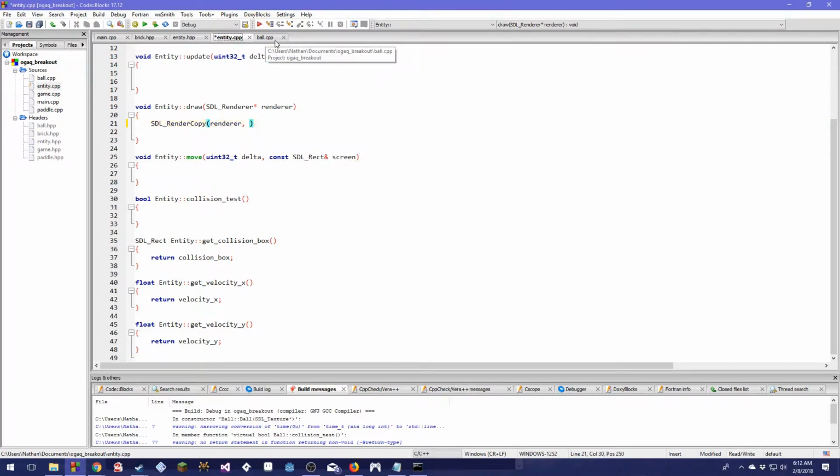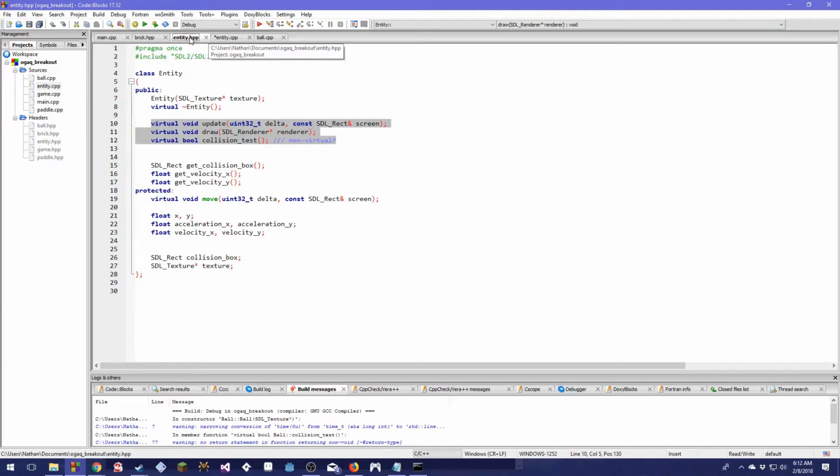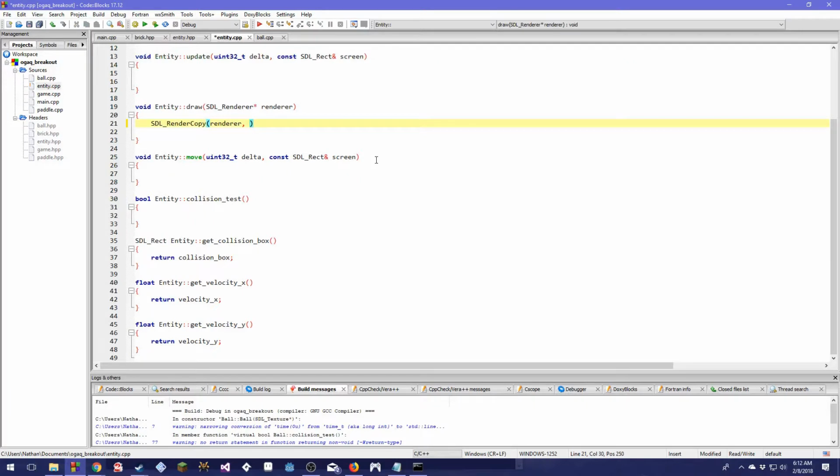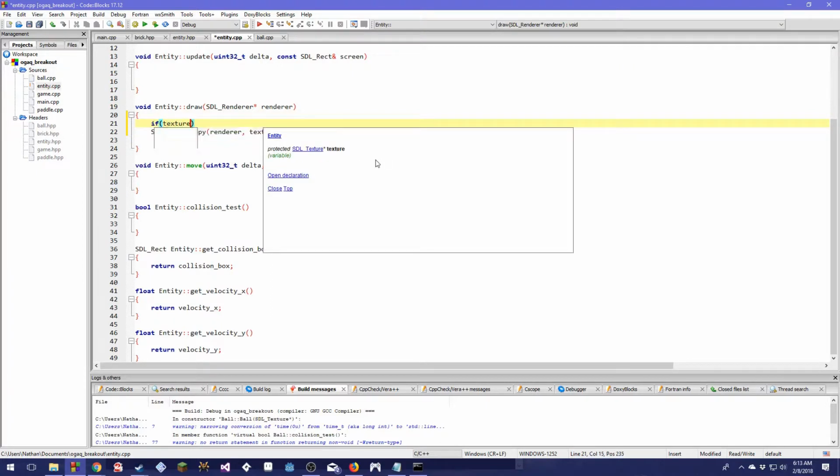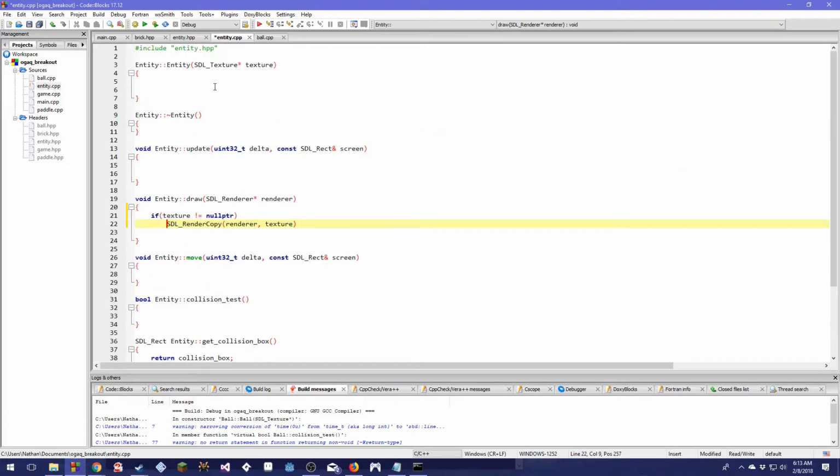Does Entity have a texture? Yes, but it might be empty, right? So, well, doing that might crash SDL. When in doubt. And then simply in the constructor. No, you have to pass on the texture. I see. No. Okay, so